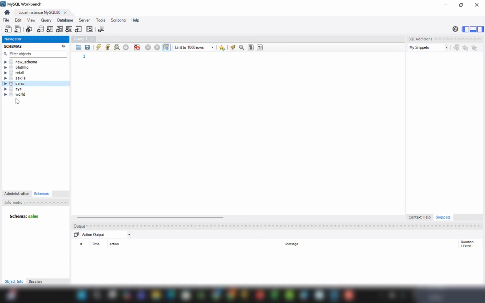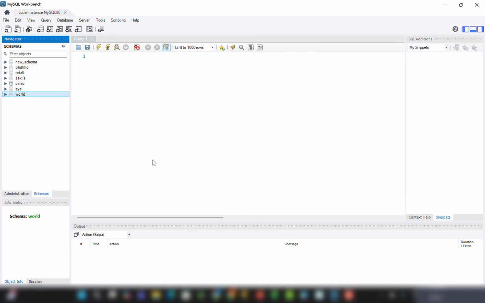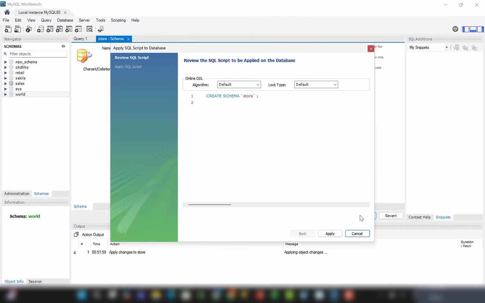So let's create a new schema. So you're going to right click anywhere there. You're going to go to create schema. And I'm just going to call that your store. Actually, I'm just going to call it store. You can call it whatever you want. And then I'm going to hit apply. And now we're going to be given this